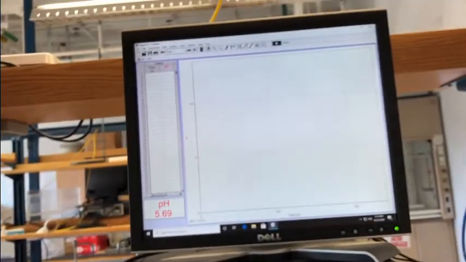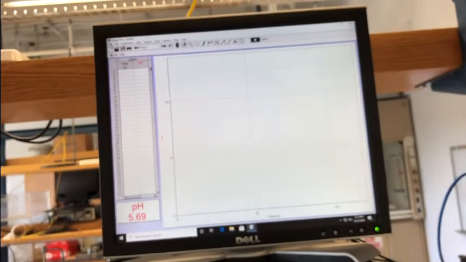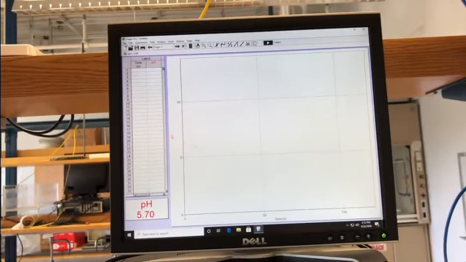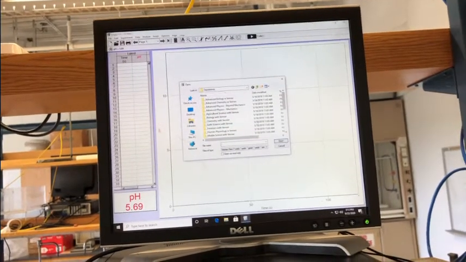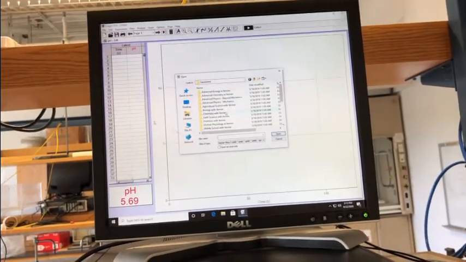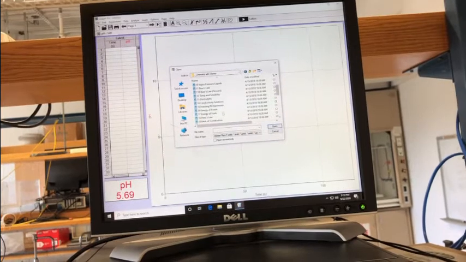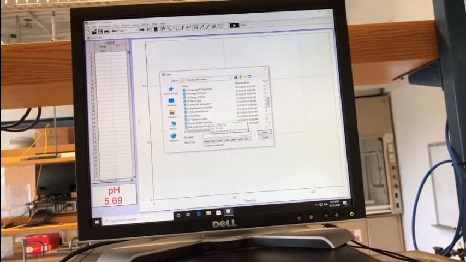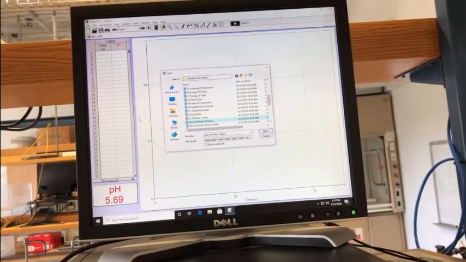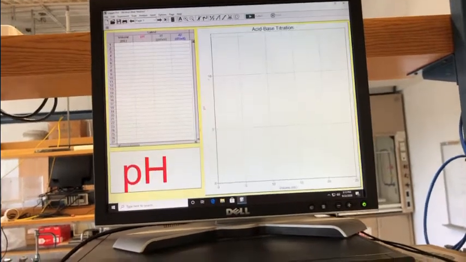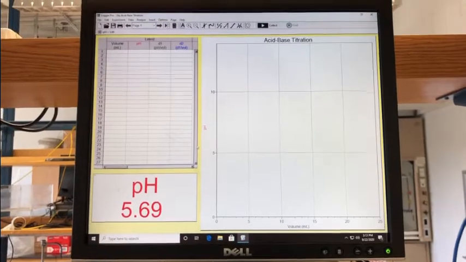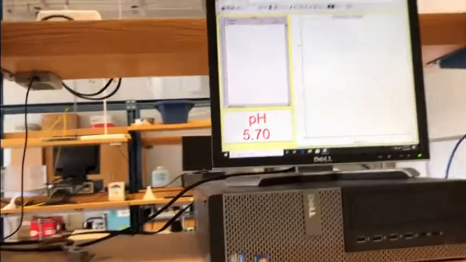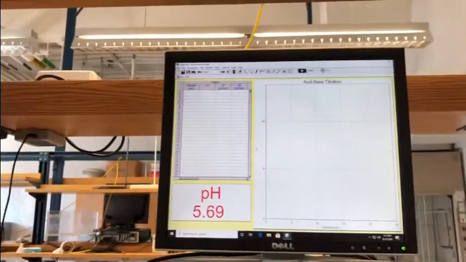So for today's lab, we will find out the 24 acid base titration. First, we will go here, open programs, and then we will see the Chemistry Vernier. Then 24 acid base titration, it will come from here, and open it. So the program just opens this way. Then after that we will do the calibration.